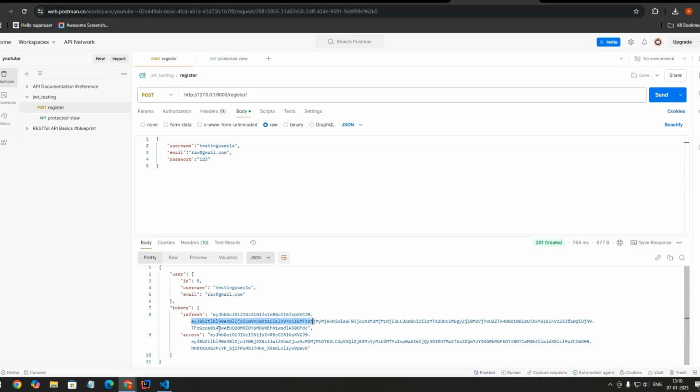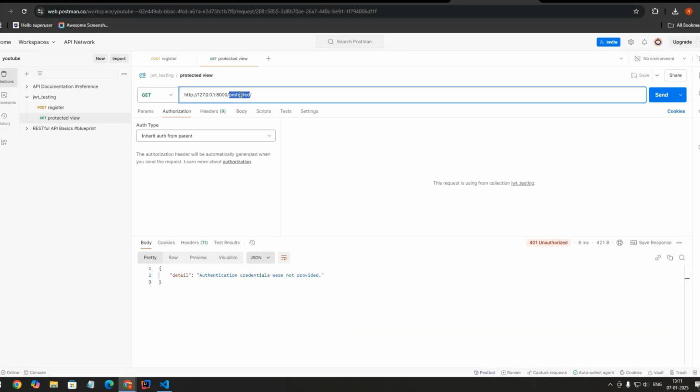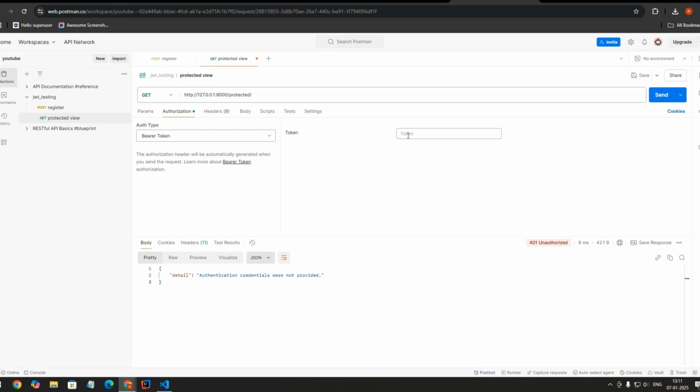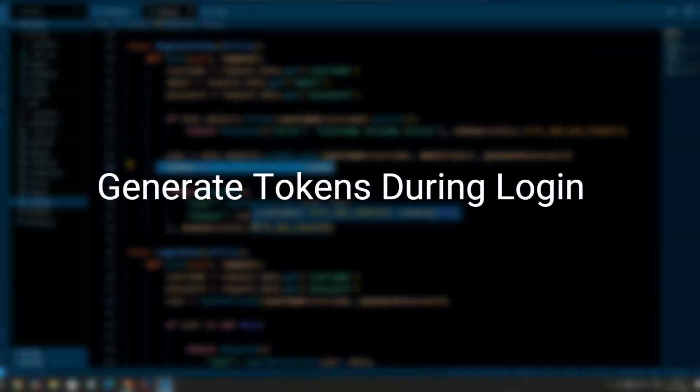And you can see we get refresh token and access token in response that we can send in the authorization header to access our protected endpoints. As we discussed earlier, we send access token with every request to access the protected resources. So we need to copy access token, and when sending the request on protected URL, you will see an authorization tab here where you can specify the auth type, that is bearer token, and here you can pass your access token. Now we can access our protected views, and if you make a new request on this endpoint, then you can see we get a response that we sent from protected view.